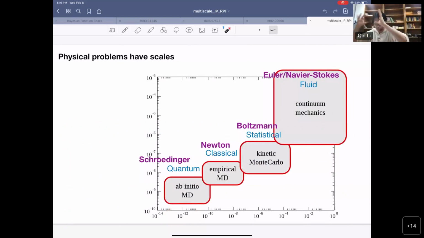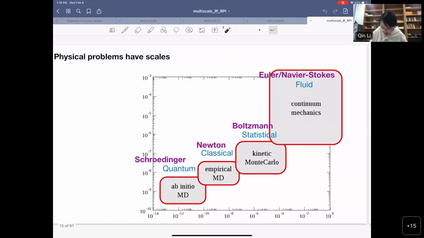And then you gradually enlarge the scale to the micrometer level. We say that all these particles follow Newton's second law. We are in the classical mechanics regime. Then you enlarge the scale a little bit more, and you have a whole bunch of particles all together. Then we have statistical mechanics, and the fundamental model over there is a Boltzmann-like equation. And finally, at the meter scale, we have fluid dynamics, where we have the Euler-Navier-Stokes equations. So if you change from one regime to a different regime, the governing equation changes.